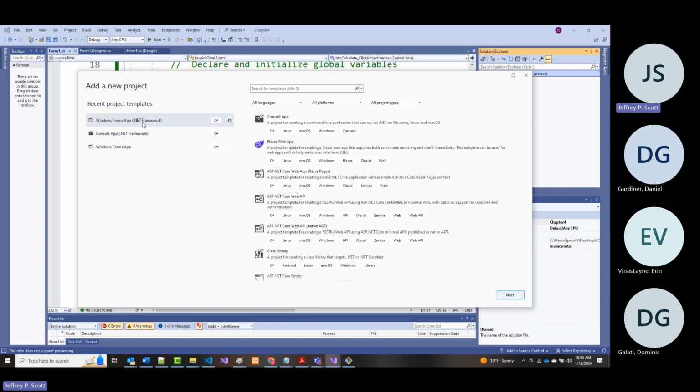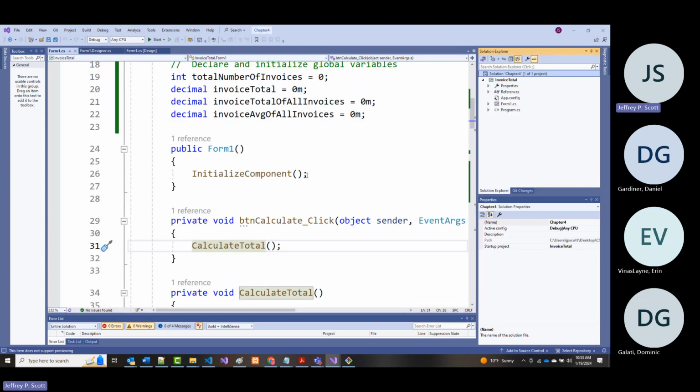And we've been using Windows Forms app or .NET Framework or Console .NET Framework. If you use either one of these, you cannot use any of these newfangled things with a switch because it requires version 8 or above. And the version of the framework we're running is either 4.8.2 or 4.7.2. I don't remember. So if you want to be able to use this new stuff that's 8 or above, then when you come in here to create this,